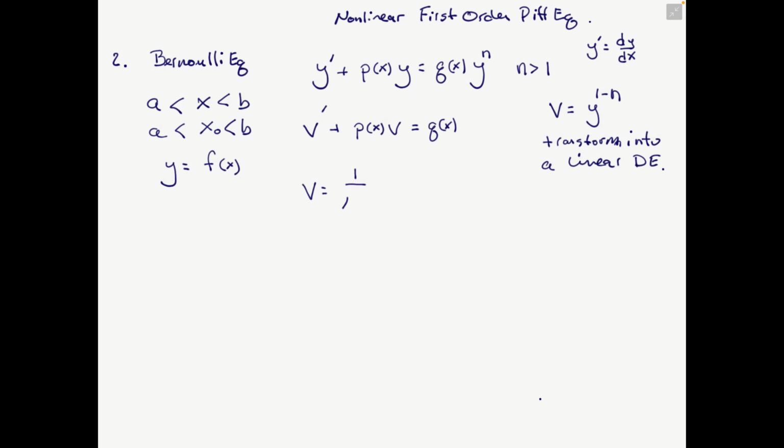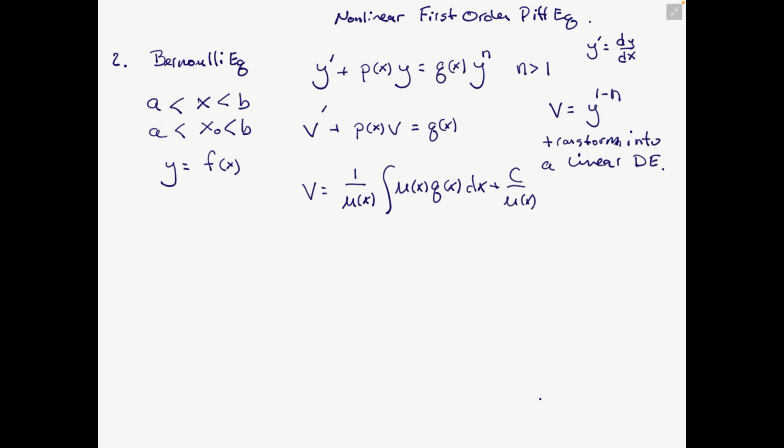And then we solve it just like a linear differential equation,